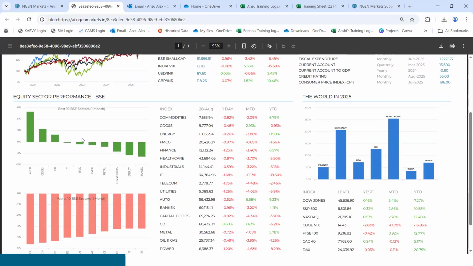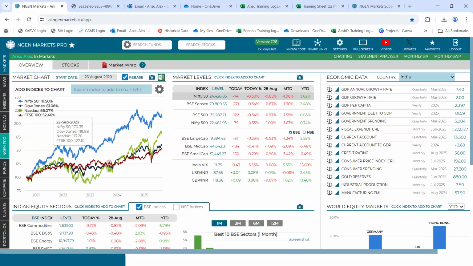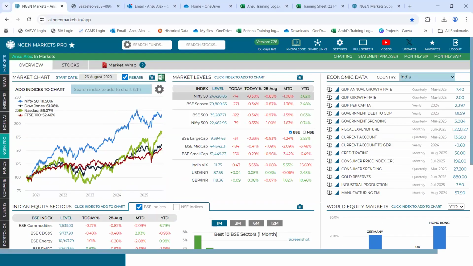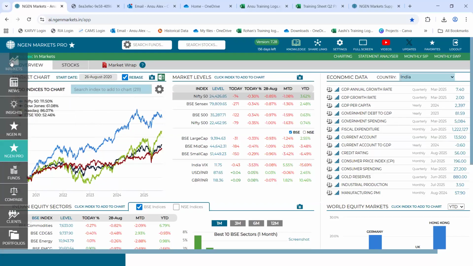In addition to that, under this equity sectoral performance, you see BSE has come up. The reason being that before generating the market wrap, the toggle option was at BSE. And hence the PDF is coming up based on the active selection that has been done on this markets tab.